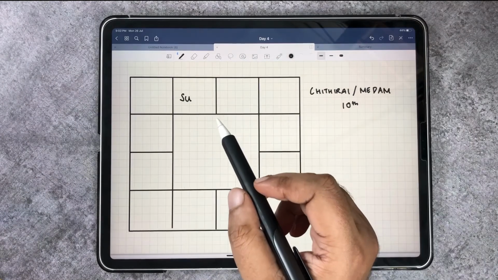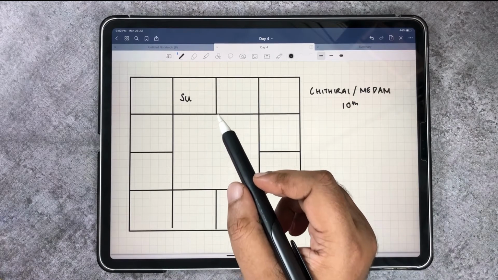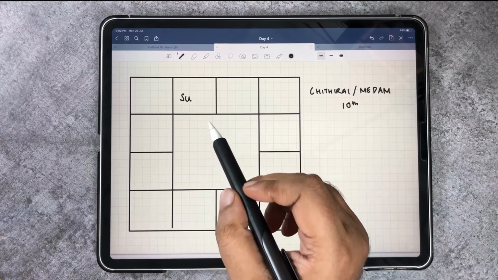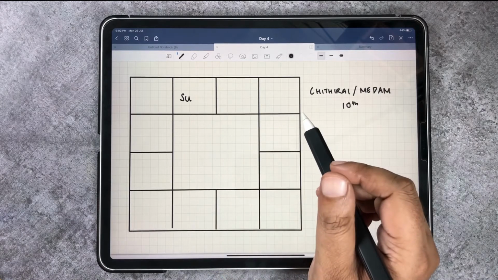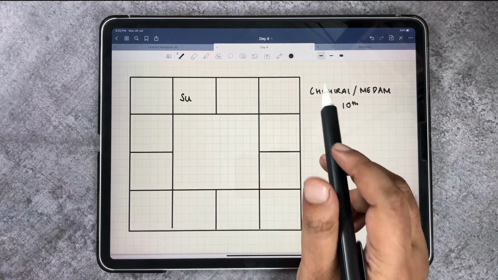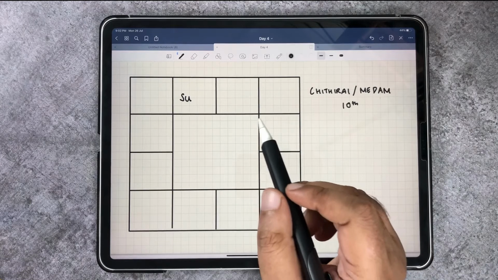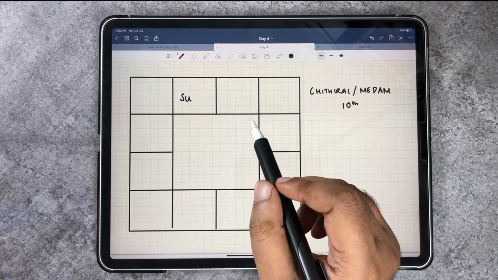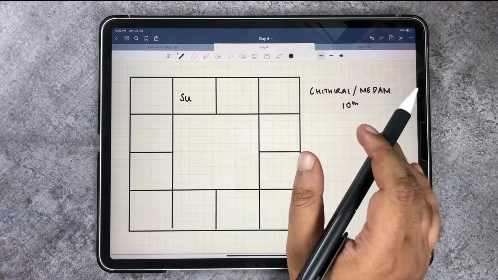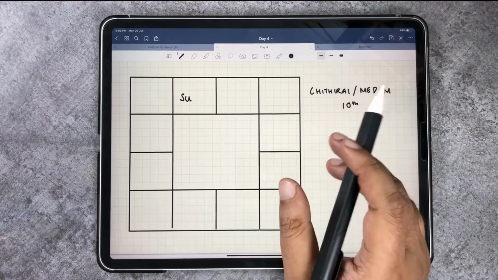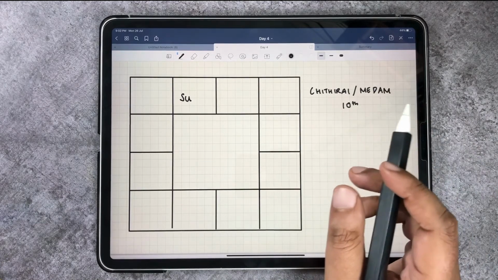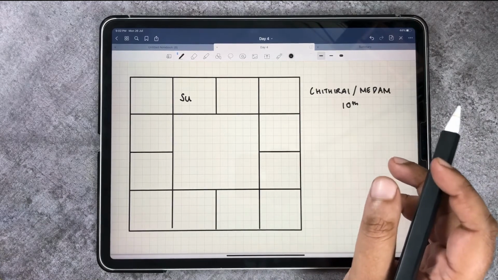Correct? Now I know it is in Mesha Rashi, but I want to know where exactly it is in Mesha Rashi, or which degree is it in Mesha Rashi. So approximately, if I wanted to know where exactly the sun is, since it's the solar calendar, it's easy. Let's stick with the solar calendar just to understand the logic. Once I cover the Ganita or maths in the later sessions, you will be able to apply it irrespective of the calendar that you use.